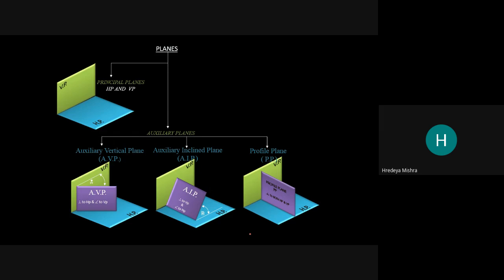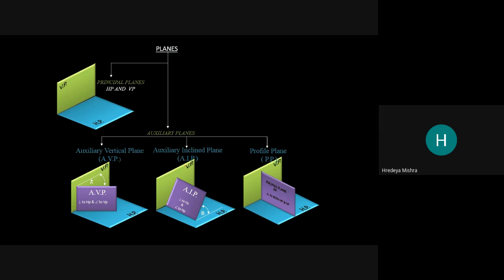Now, what are the principal planes? Principal planes are the vertical plane and the horizontal plane, and these are the auxiliary planes. Auxiliary vertical plane is perpendicular to the horizontal plane and inclined with the vertical plane.